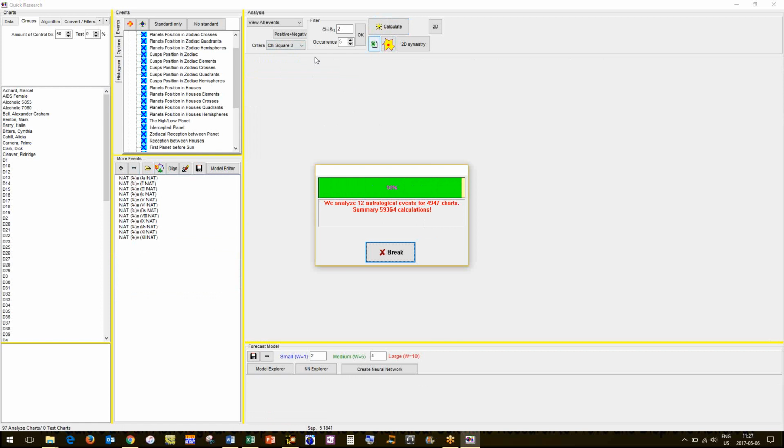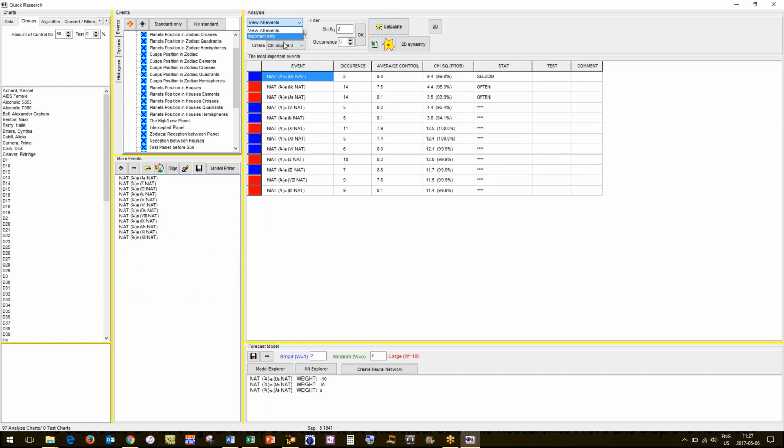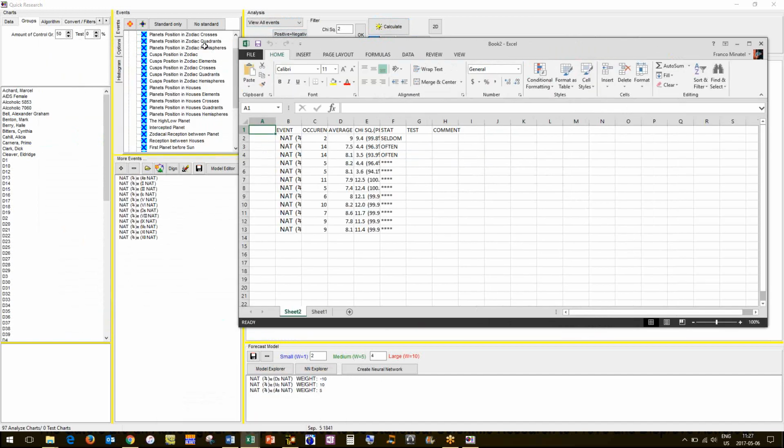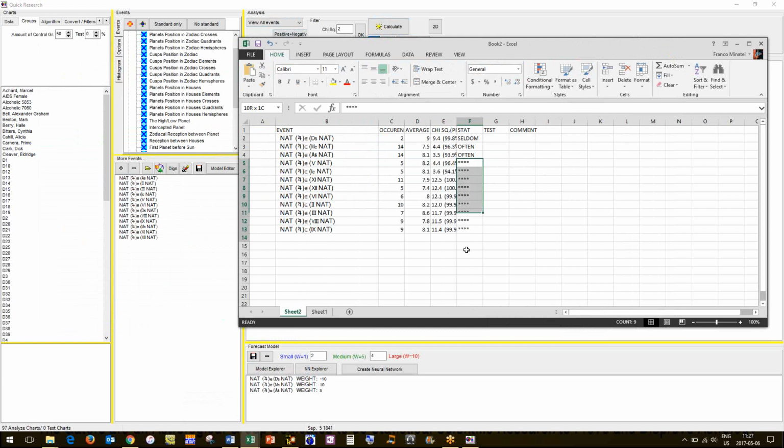Okay, it runs. Obviously our important events are going to be important ones, but here we're looking at all the events. So if you just want to pull up an Excel here and just look at the amount of occurrences you got in your own sample group, even though they didn't rank as often or seldom, you've got your occurrences here in Jupiter in the houses.